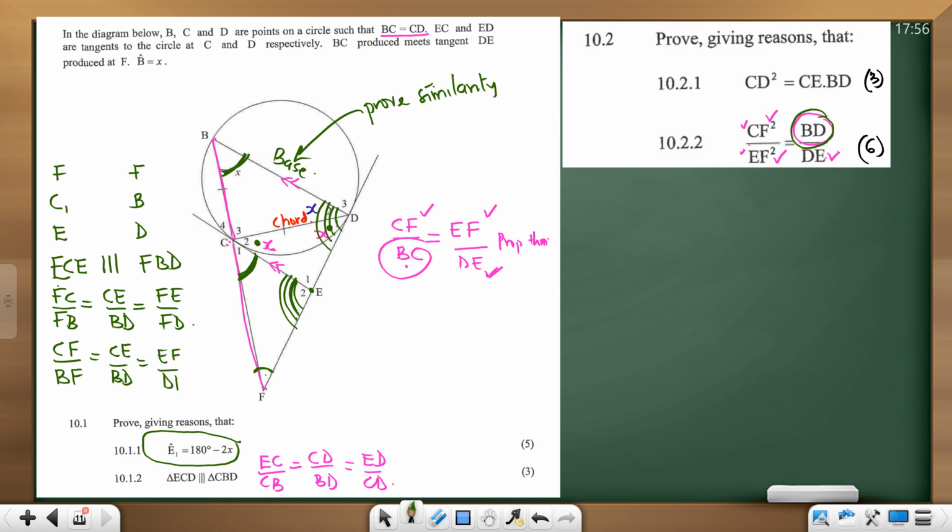Okay, my good learners, let's go back to our question. What are we proving? CF, we have CF. EF over EF, we have EF. BD, we have BD. This is a mess. And DE, we do not have DE in this particular one. All right, I see something nice that we can use. Which lines are equal again? EF and